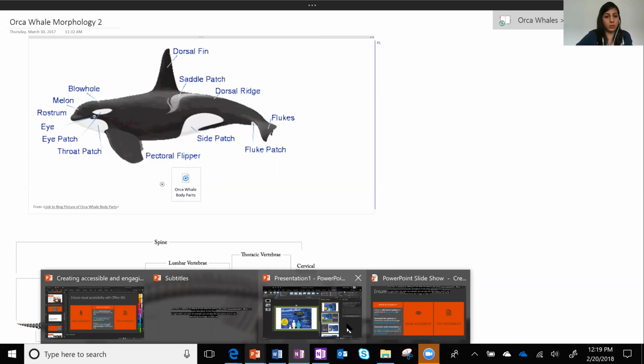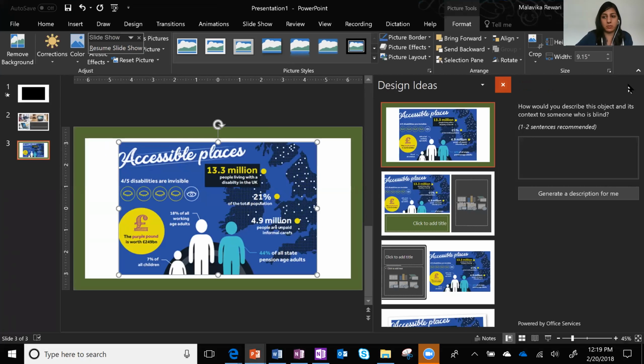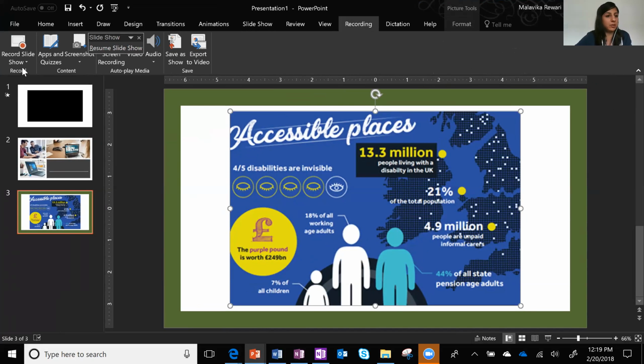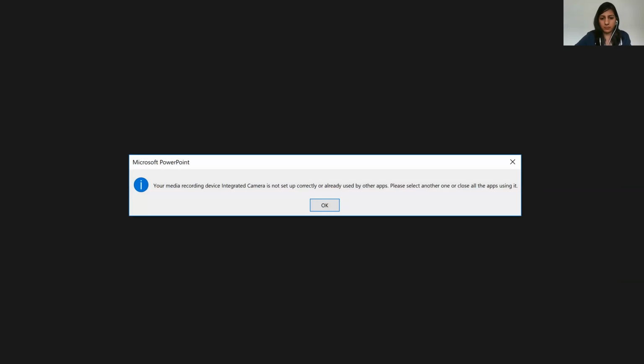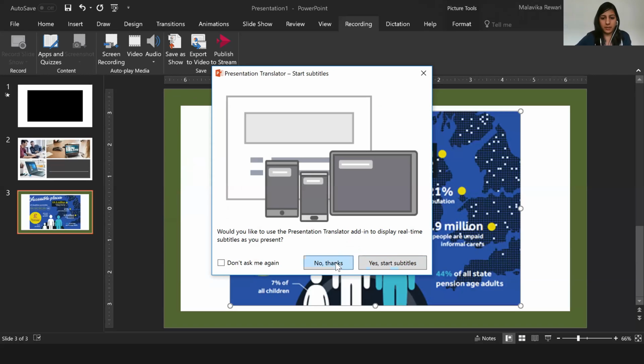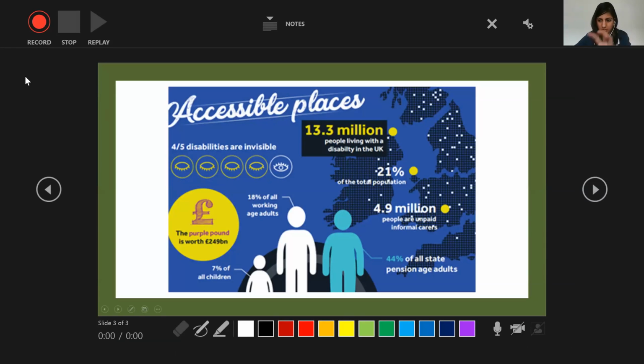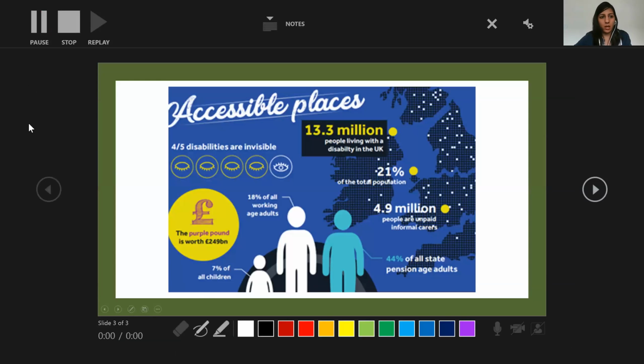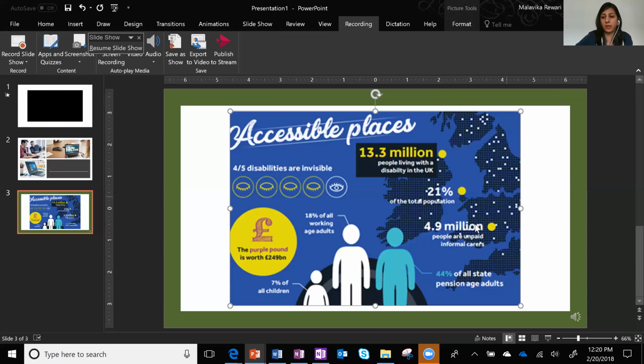You can do the same thing within PowerPoint as well. For example, for this visual, if I want to describe it, it's a new thing in PowerPoint. You can have a recording tab and you can record the slideshow from the current slide, for example. Right now my camera is already being used to record this Zoom, but for example, I can describe this slide using audio and visuals. And then what it does is it embeds whatever I just said right within slides. So when I skip over to slideshow mode, it can play that recording.